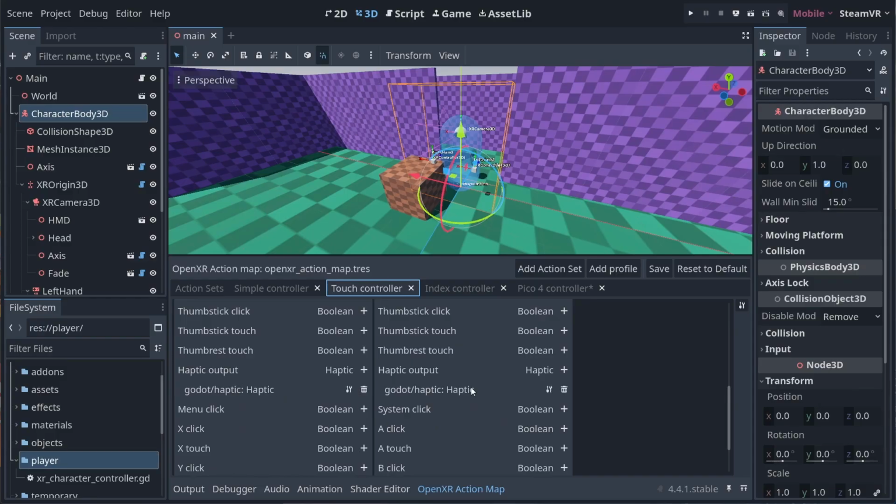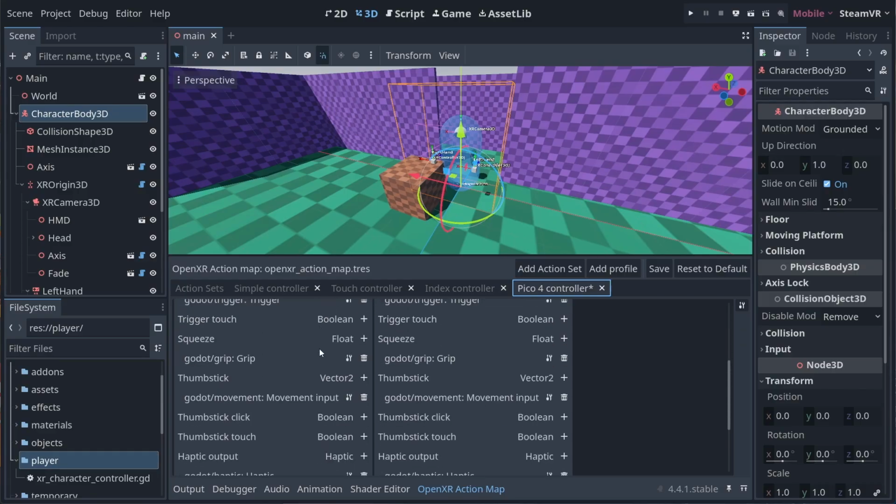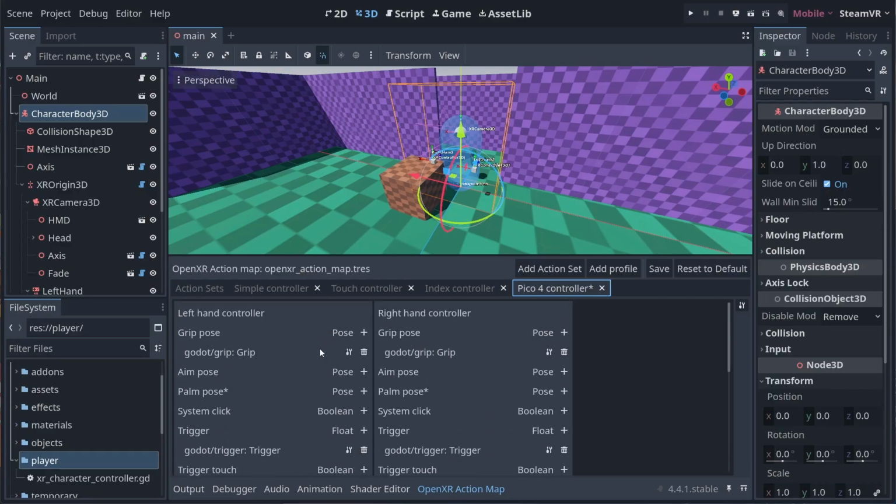You can thus not assume that if the touch profile is used, that the user is actually using a touch controller. However, many runtimes forgo this logic and will always fall back on the simple controller profile if no match is found. In practice, you have very little choice but to configure the different interaction profiles for each platform you're planning to release your game on. Finally, these bindings are loaded at startup and are immutable once your game runs. For many experienced game developers, this would seem to be a big shortcoming.